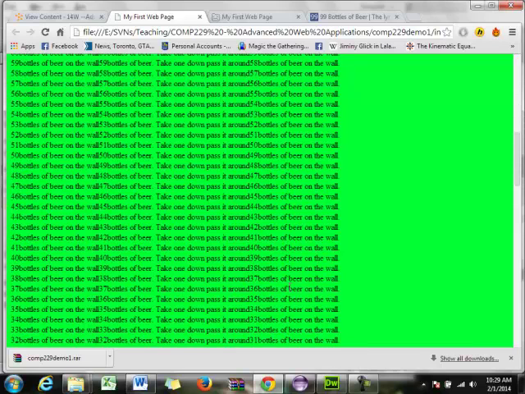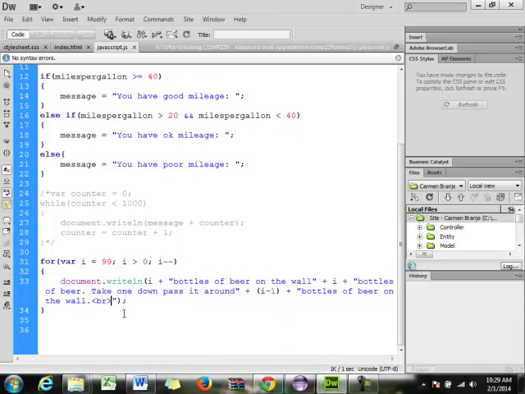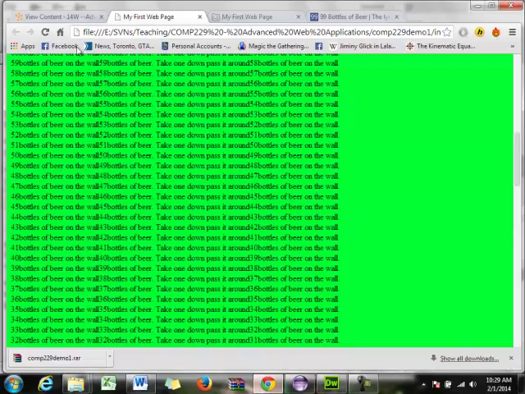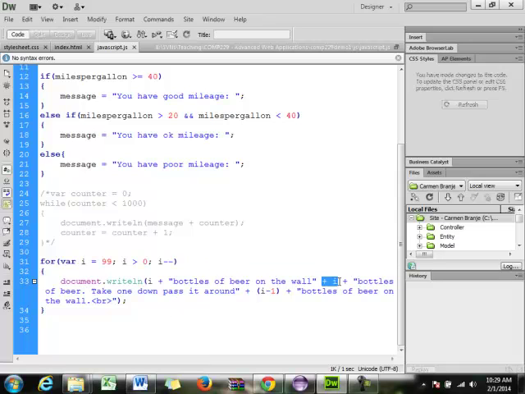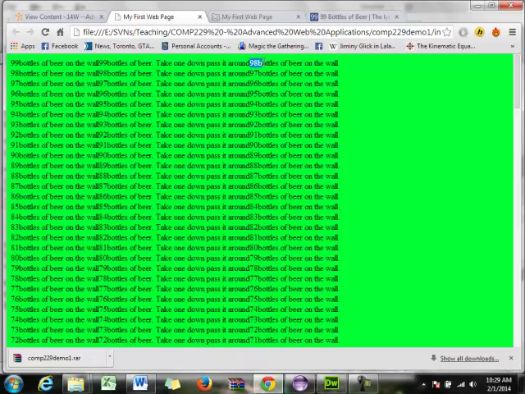Here? This line? So this line is concatenating the values of our variables with the string literals that are the message. Each time it goes through the loop, it looks at the value of i. The first time the value is 99, so it prints out 99, and then this string, right? Then it adds this on, because that's also 99, and then take one down, pass it around. Then 99 minus 1 is 98, so it prints out 98, and then bottles of beer on the